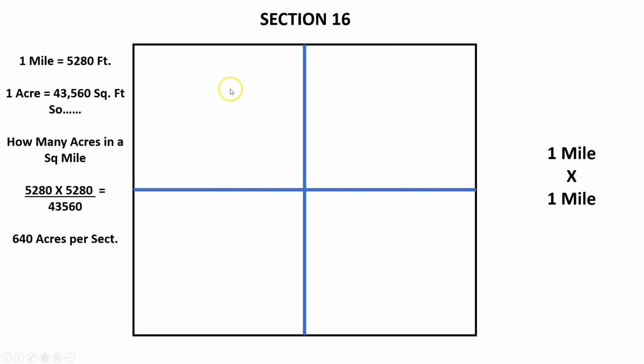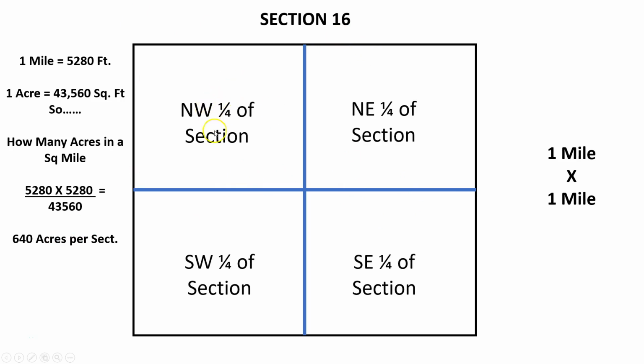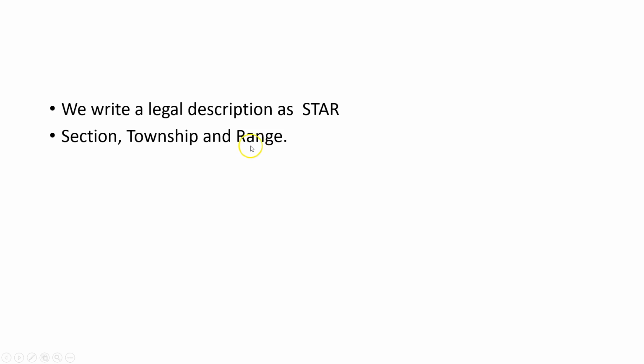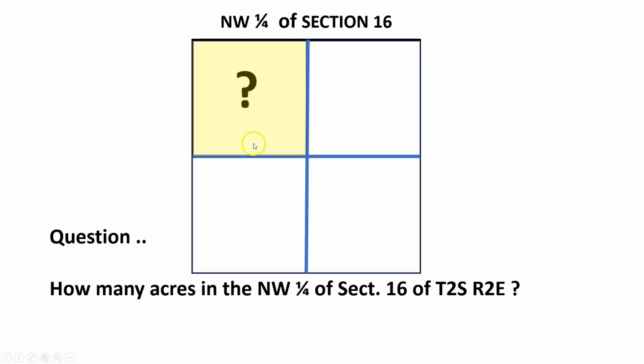We then divide this into quadrants, and we call this the northwest quarter of the section, northeast, southwest, southeast. If we divide 640 by 4, then we'll know each one is 160 acres. Whenever we write down a legal description, we always use the section first, township and range. Just remember: section, township and range. So how many acres in the northwest quarter of section 16 of township 2 south, range 2 east? Well, we've already said that. You always start with 640, divide it by 4, and therefore we got